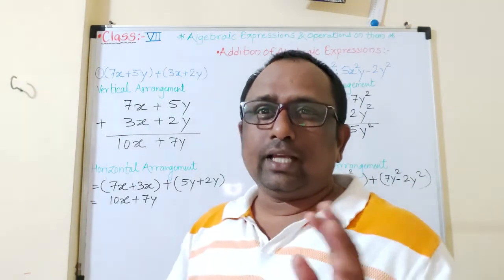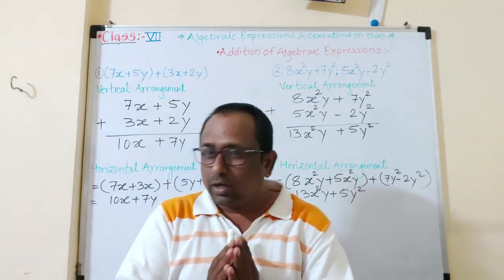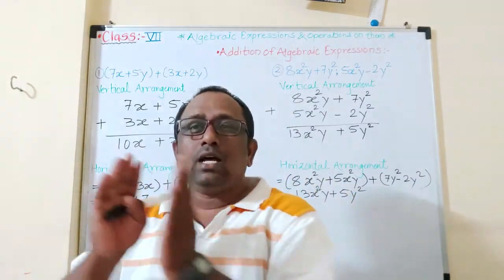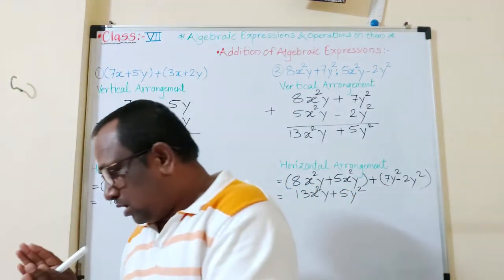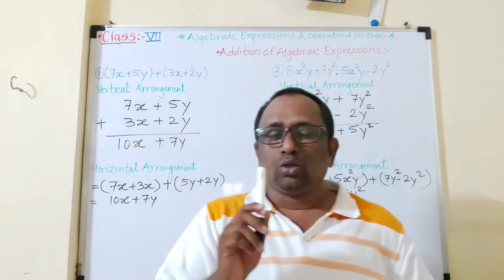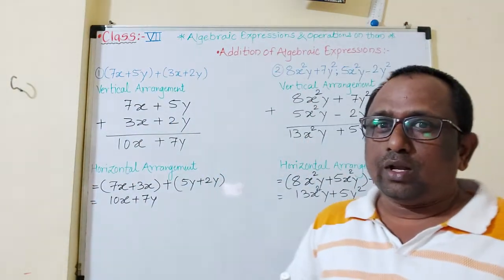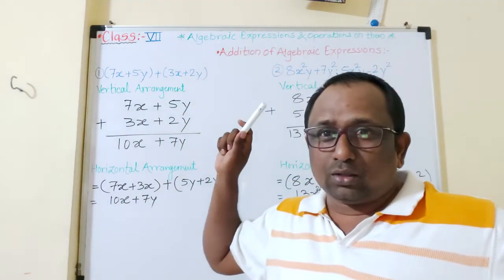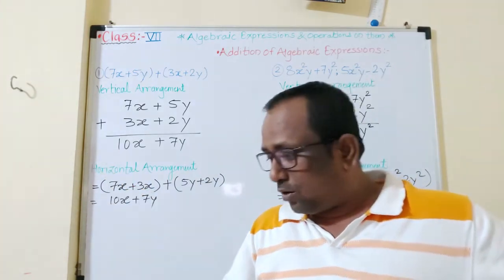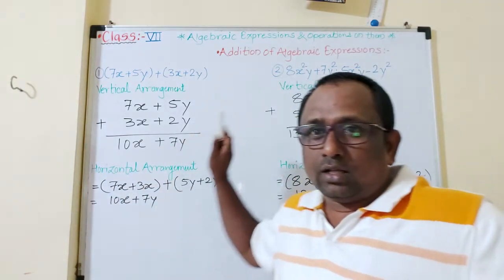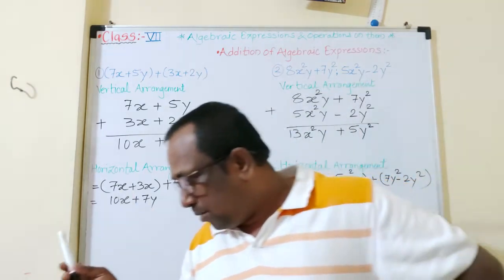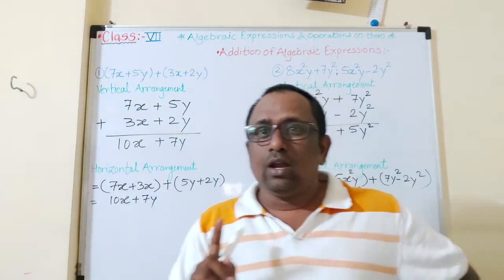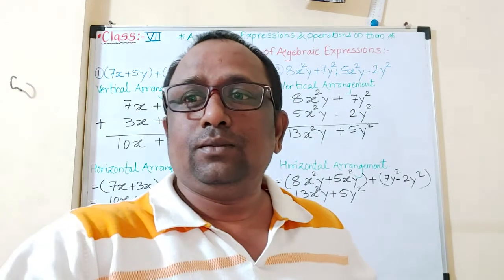Okay, so these are the examples, not from the textbook. Practice set number 33 has the same type of examples, though these are different examples. So one thing, students: when you are solving the examples in the notebook, first write these examples also and then solve the examples from practice set 33. How many examples are there? 6 examples, so you have to write those 6 examples also. Okay, now we'll see a different type of example.